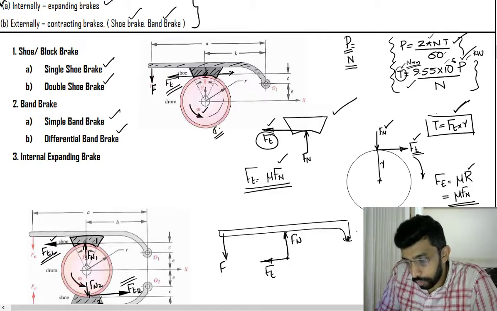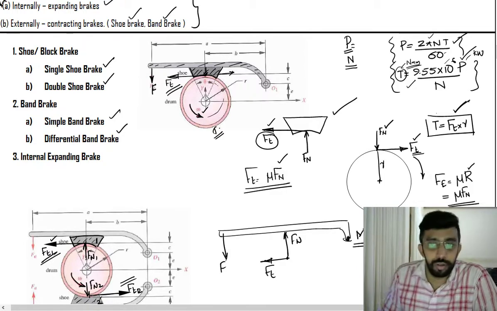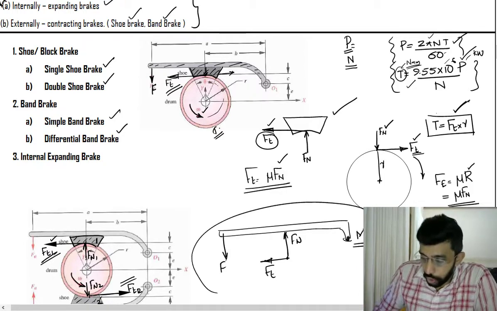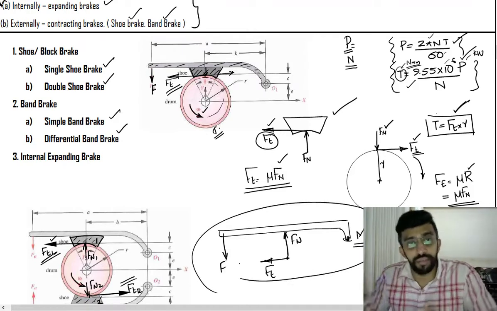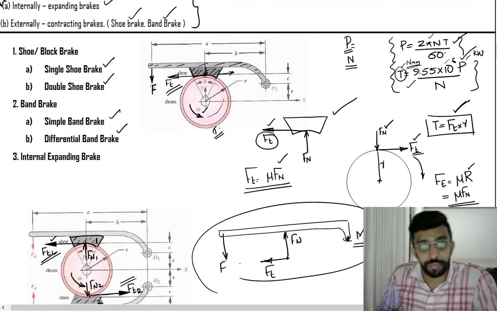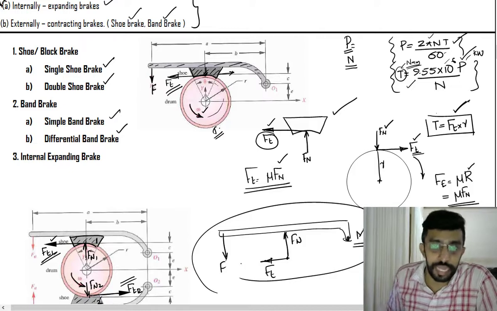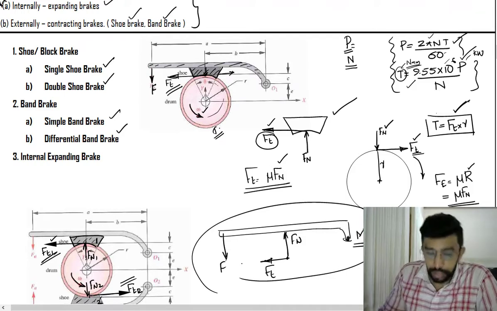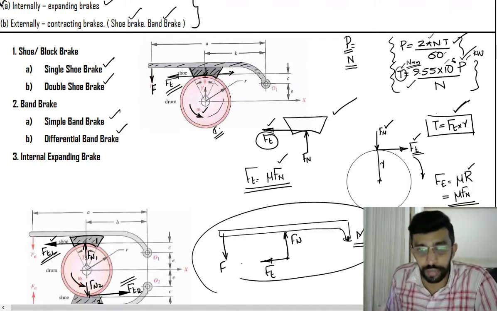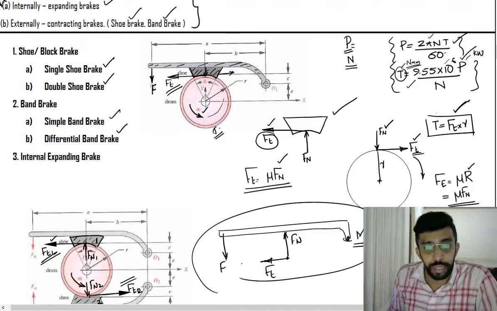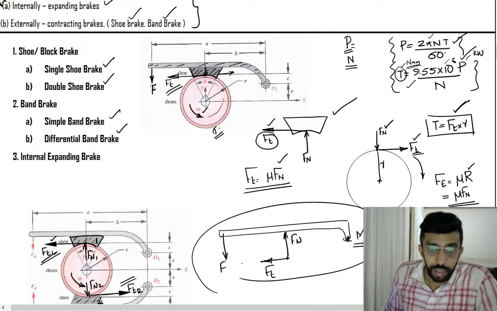So we have to take the moment about the fulcrum point. Here also we have to take the moment. The way in which we take the moment, everything will be discussed when it comes to the case of design. While we are designing it, we will talk about all these things, how the moment is being taken. And for shoe brakes, in your data handbook, the equations are directly available, so there won't be any kind of confusion, right?